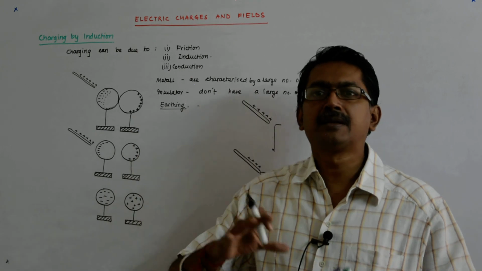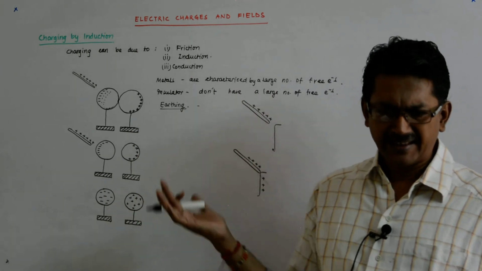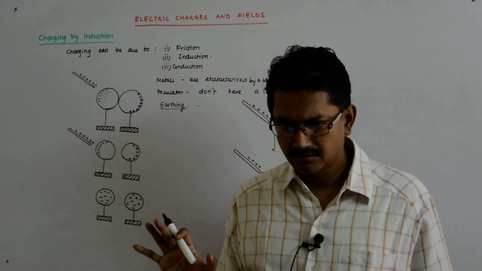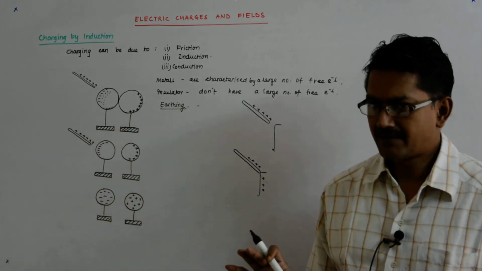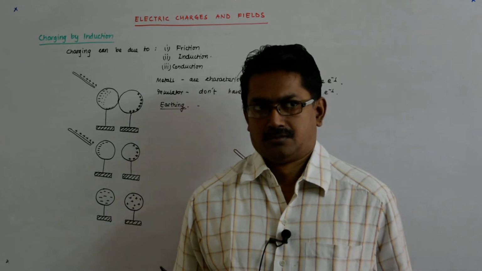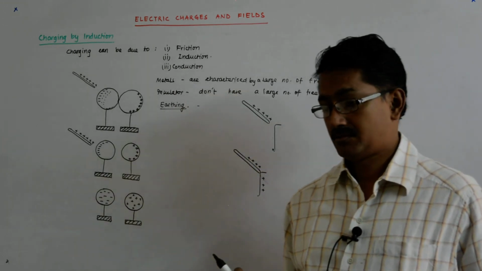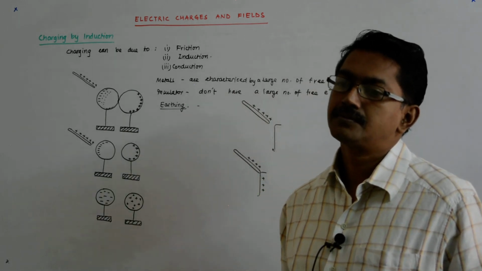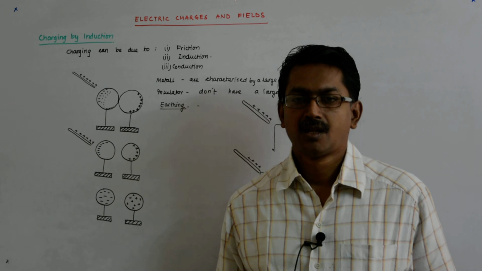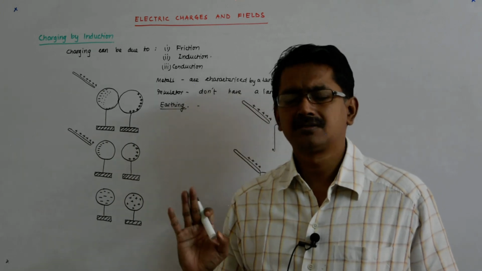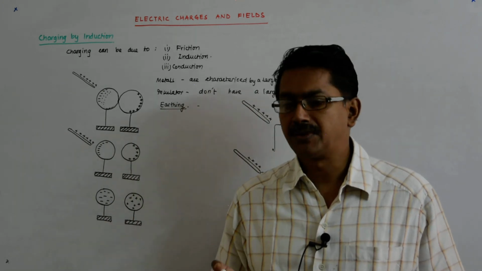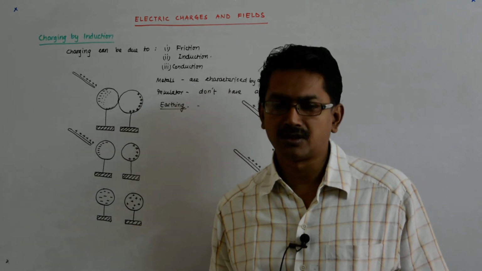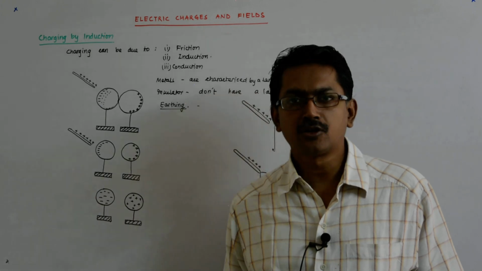So there will be an equilibrium kind of thing due to the electric field that is established inside, and it will settle down at a point. Both will have the same charge? No. Why? Deficiency. Like, there were 3 electrons missing in that. You don't go into that, because that requires the potential to become equal. For the charges not to be flowing from one to another, it requires the potential to be equal, that has a